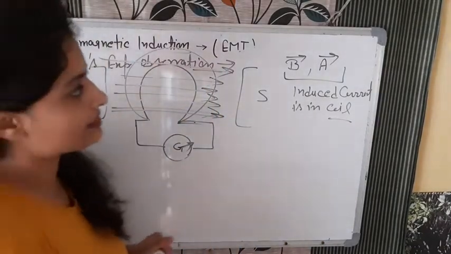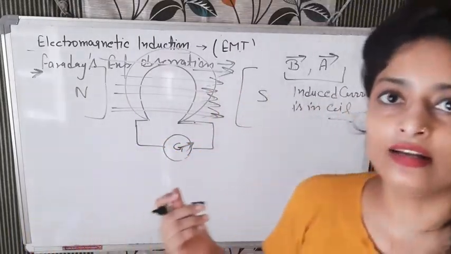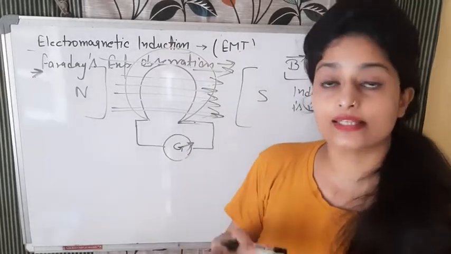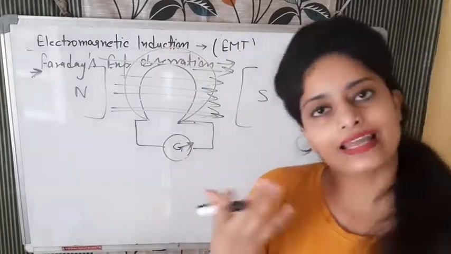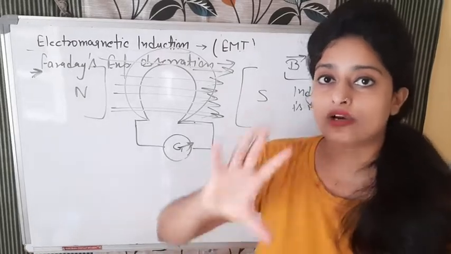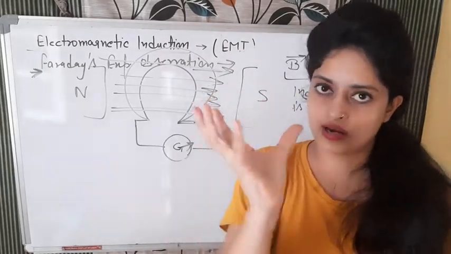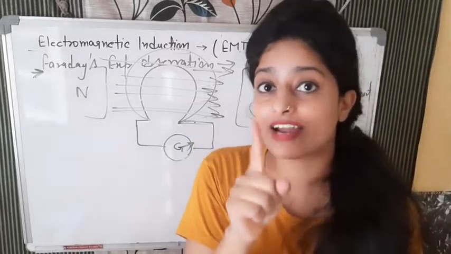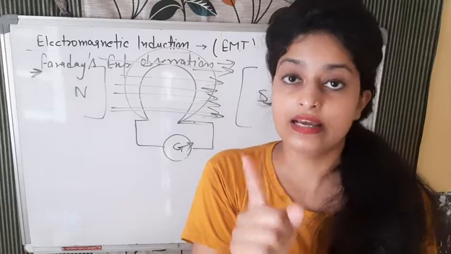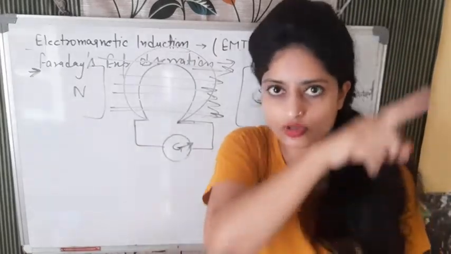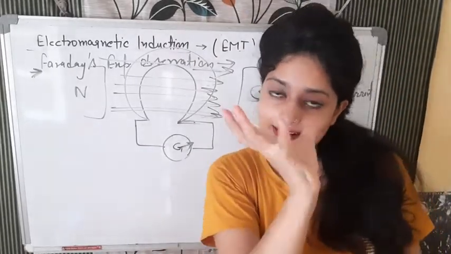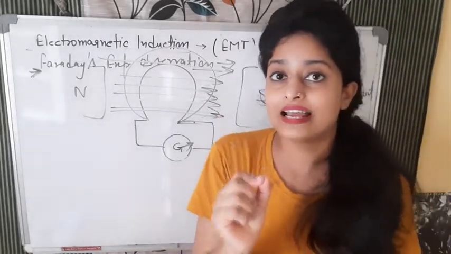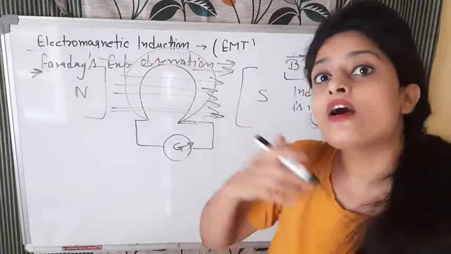Now the third thing is theta, again that angle. If we are rotating this coil, in this third case, magnetic field is constant, area is also constant, but we are rotating, moving that coil. When we are moving that coil, what will happen? The direction of the area vector will change. Area is a vector quantity; the magnitude remains the same, but when we are rotating it, the direction is changing at every point. So theta also affects.